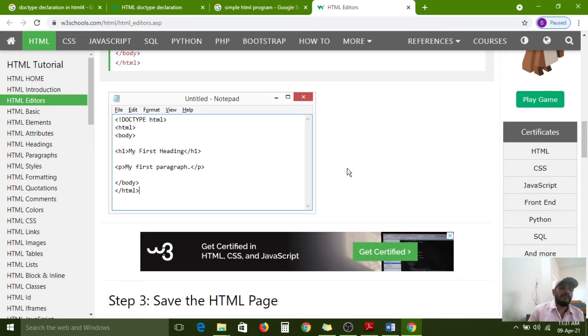So the latest versions are very useful to understand and to develop programs. Compared to HTML4, HTML5 is very easy for writing the doctype declaration. Actually, the doctype declaration is used to intimate the version information to the browser window.